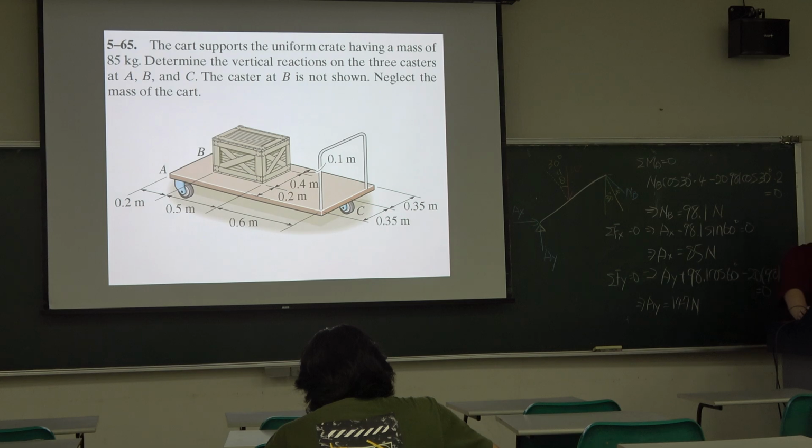In this example, the uniform crate has a mass of 85 kilogram. Determine the vertical reactions on the three casters at the points A, B, C. The caster at point B is not shown. Okay. So look at the mass of the crate. So we have three supports. Every support is